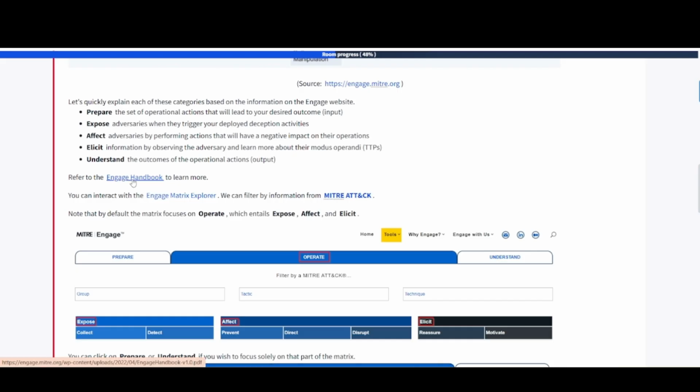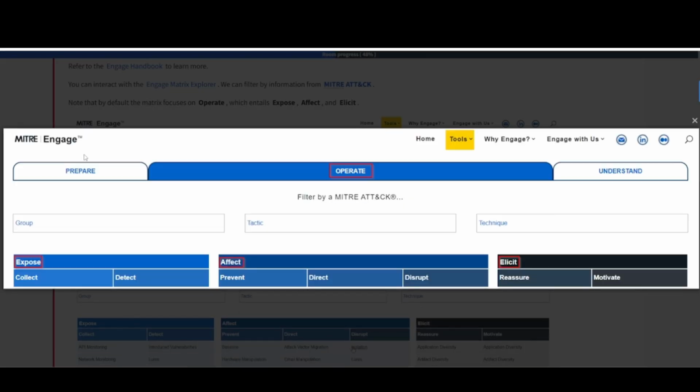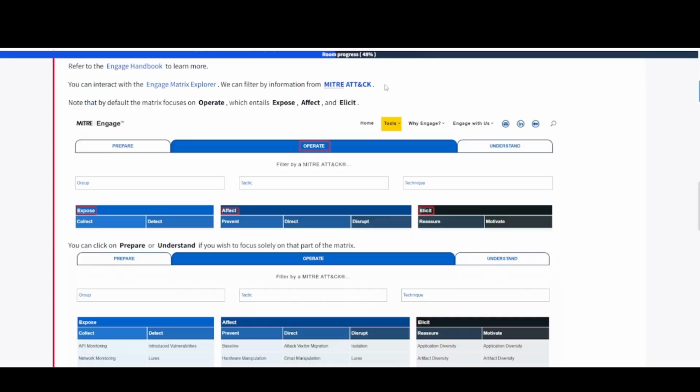Refer to the Engage handbook to learn more. You can interact with the Engage Matrix Explorer. We can filter by information from MITRE ATT&CK. Note that by default, the matrix focuses on operate, which entails expose, affect, and elicit. So if you go to that website, the Explorer, you're going to see something like this here. So if we want to open this up like so,